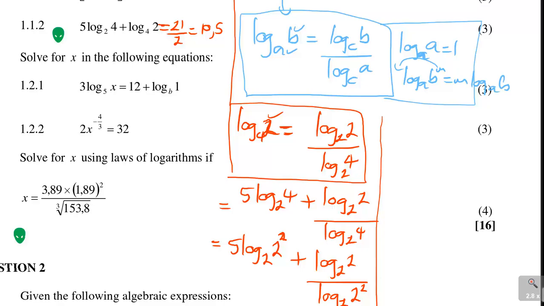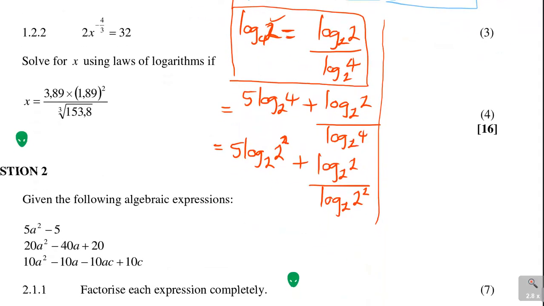So you drop that m, and that's what I'm going to use here. You see that exponent 2, I have to drop it, and this exponent 2, I have to drop it. So what I'll be having here is 5 times 2 log in base 2 of 2